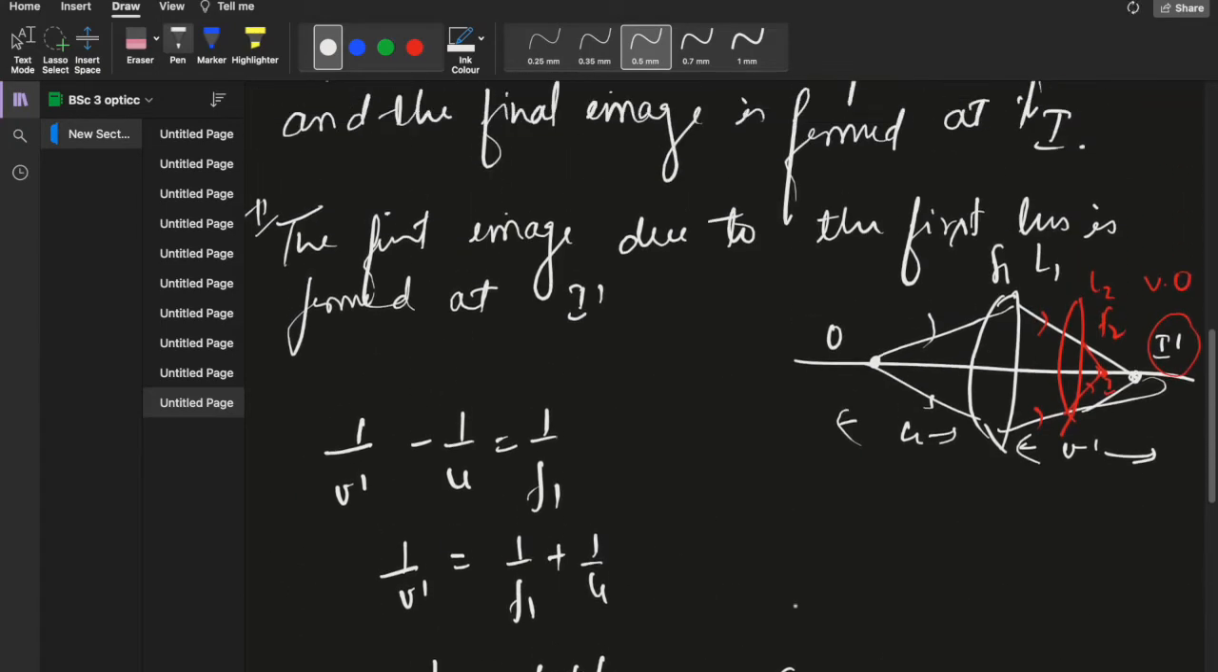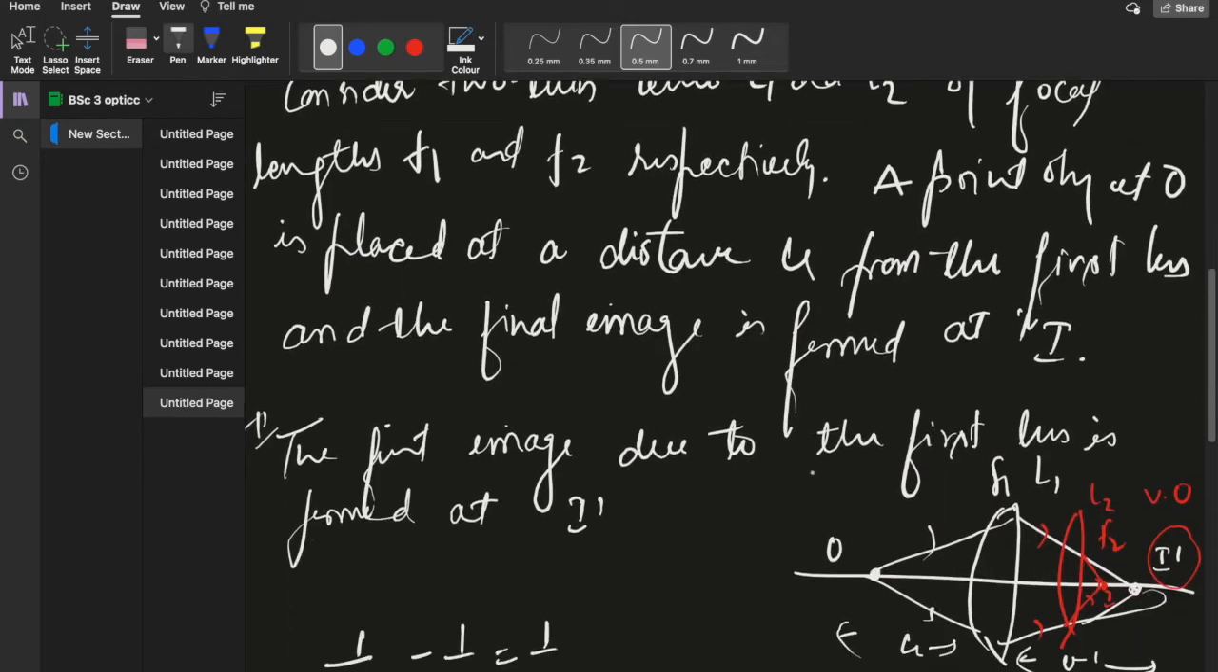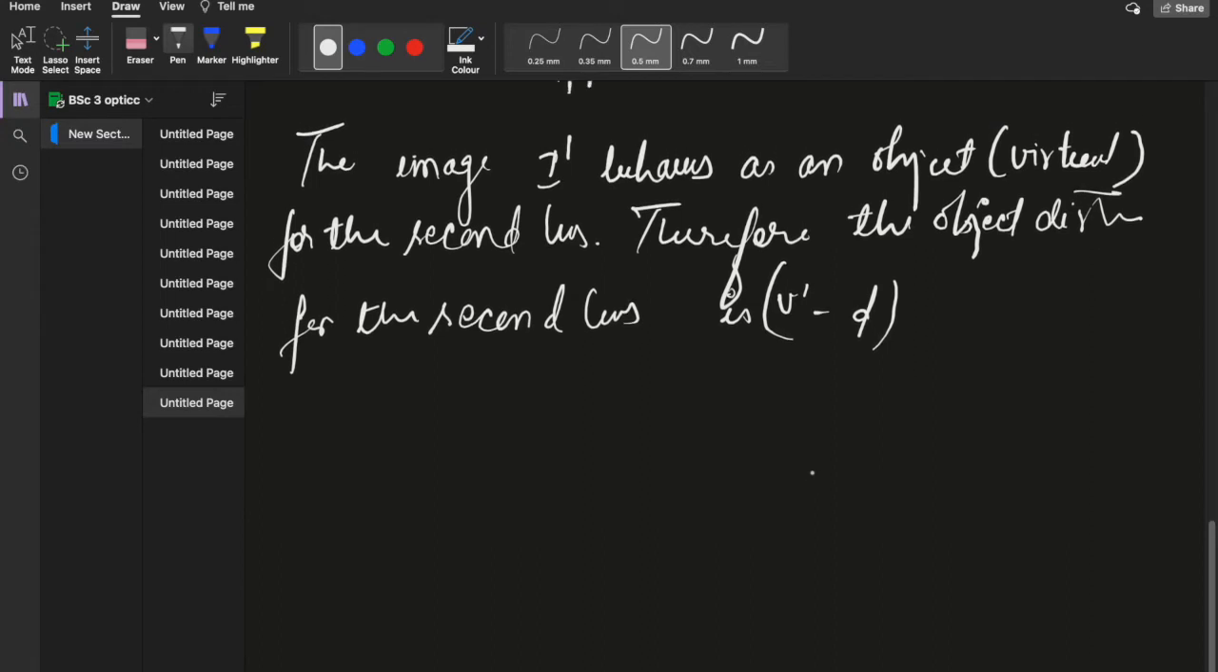Alright, this is our virtual object for lens 2, so the U is our V dash minus D. How do we calculate it? If the original image is at V dash and the separation between the two lenses is D, then the value of U, the virtual object distance, is V dash minus D. Alright, and the final image